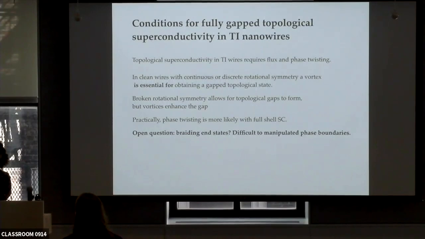Could be very naive, but have you thought about wrapping your wire in a superconductor with a non-trivial order parameter symmetry so that you relax the vortex condition, but you get phase winding because of pairing? The short answer is no. I haven't considered it. So you wrap it in some P-wave or non-trivial superconducting state. I don't know what role the Dirac surface states would play here. If you're replacing phase winding by some non-trivial order parameter, it might be possible. I haven't thought about it.